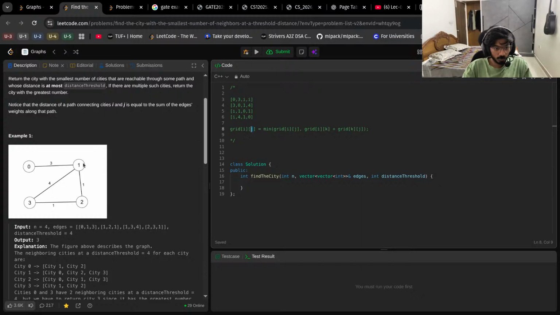If I want to go 0 to 3 with 1 as my intermediary node, I can directly go, or I can choose a path via 1. So, oh yeah,